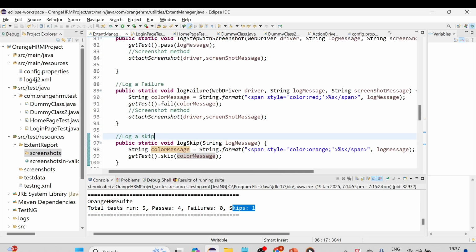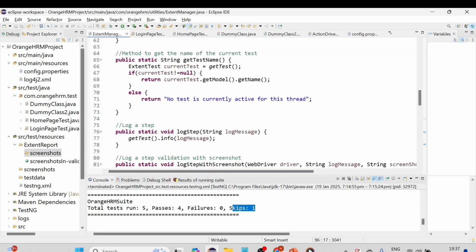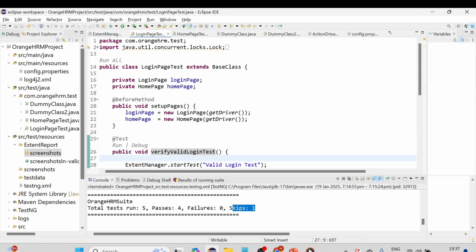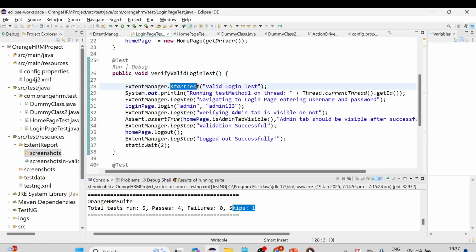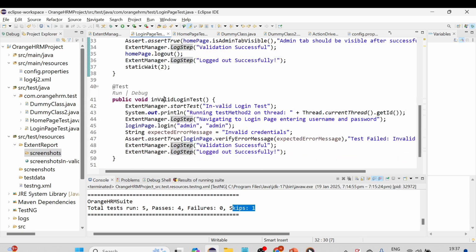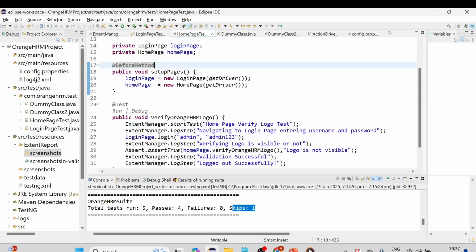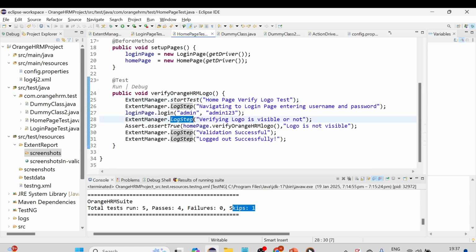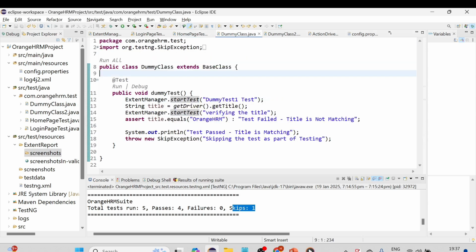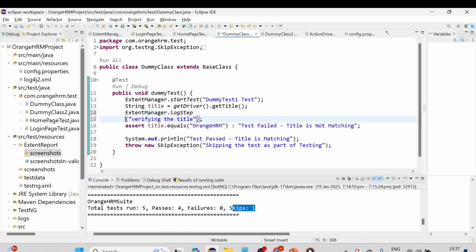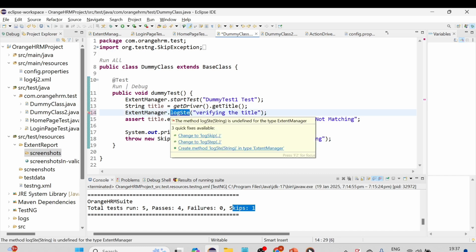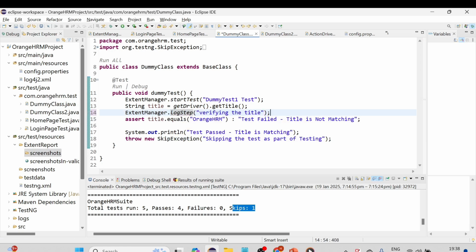Now the next thing, let me quickly review the other classes as well. Our login page test is looking good: start test, log step, everything looks fine. This is for the invalid login test, so we have log step. Home page test, let's have a look: start test, log step. And the dummy class, so start test. This will create another test, right? So here we need to write log step, right? So this is what we were